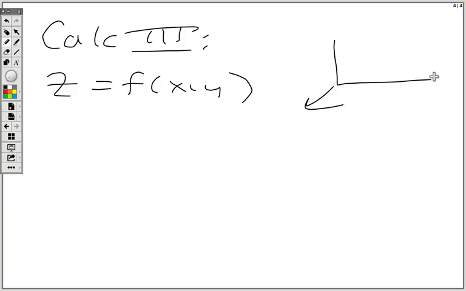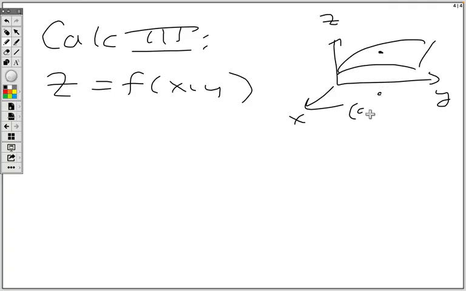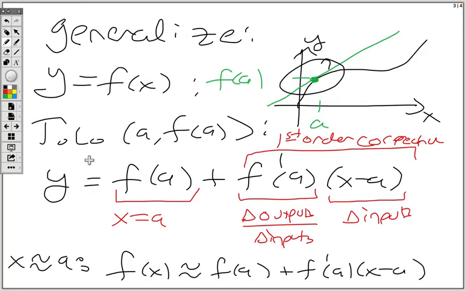And so then we'll be graphing stuff in 3 space. Here's our x, y, z. And so we'd have some surface here. And we're going to look at a particular point in the domain, a comma b. So how can we generalize this? Well, the dependent variable wouldn't be y, it would be z,